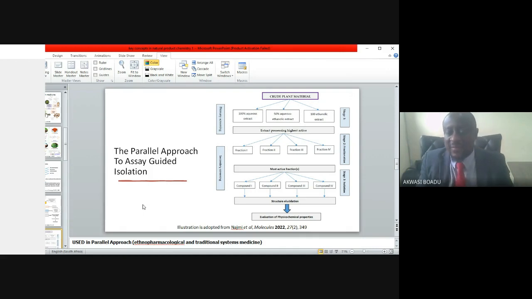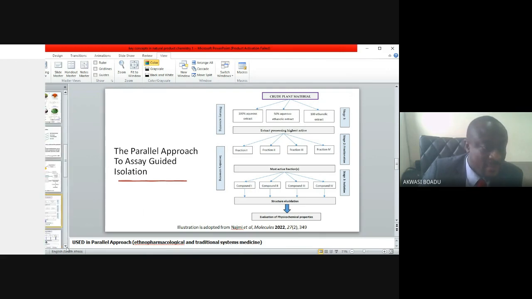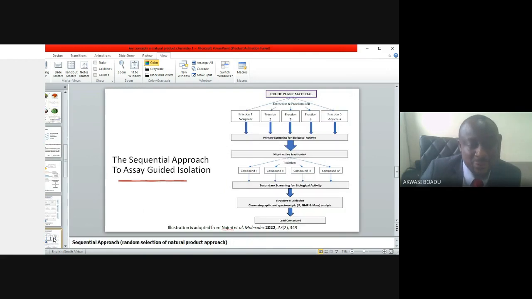Then you can fractionate further, or you can isolate the active compound and purify. Other times, we don't do any biological activity. After fractionation, we then try as much as possible to isolate all the active components, and then what we do is that we purify it. By purifying it, I will then go to the next slide, whereby we then have got to our parallel approach. Sequential approach also follows the same thing, the same processes, but